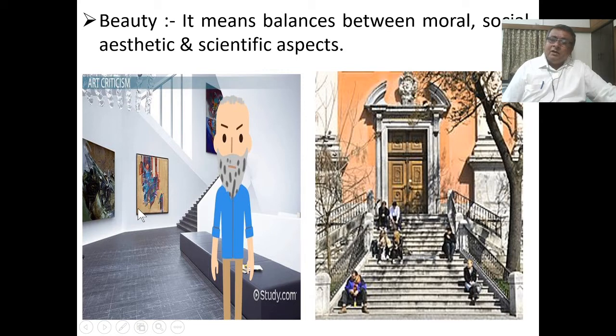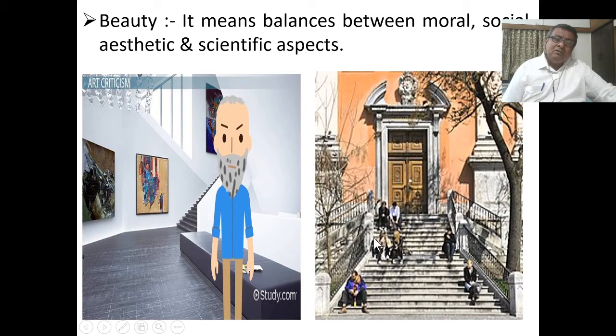So it improves the beauty of the room, the scientific aspects are also obeyed, and aesthetically the building looks very beautiful. Now here in the second part, the architect has designed this building. This is an old structure of a library.